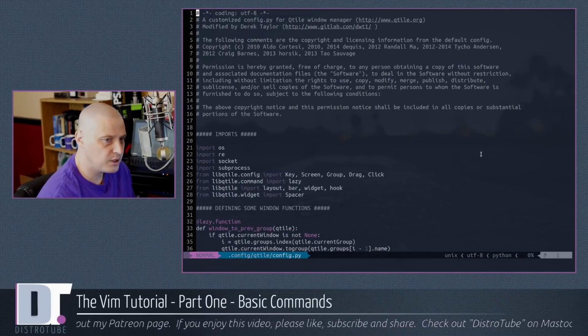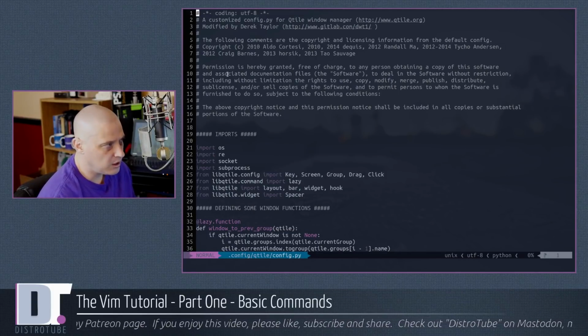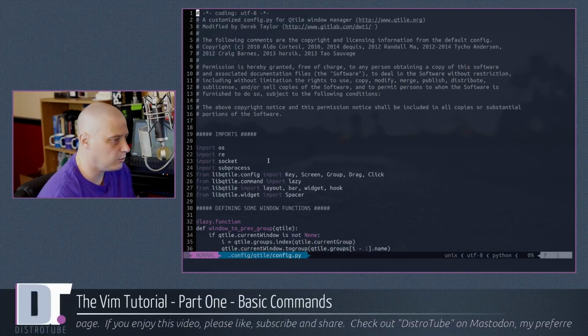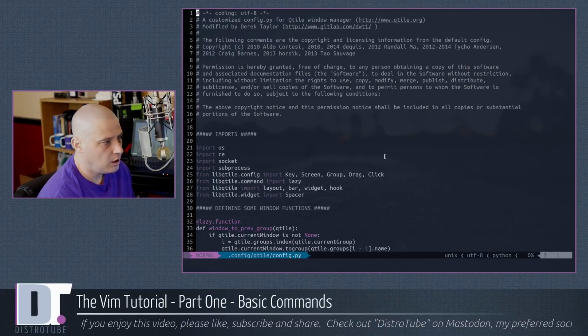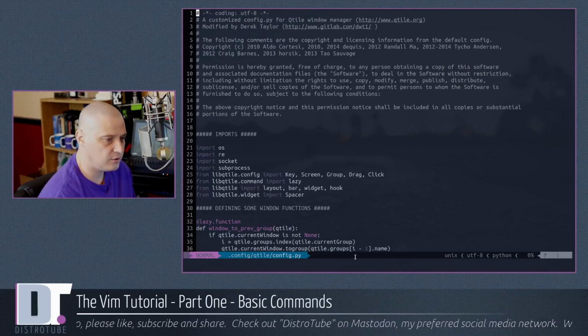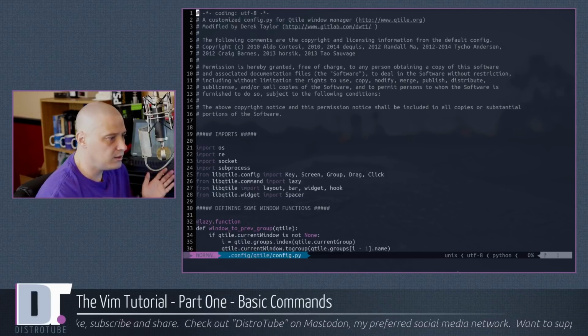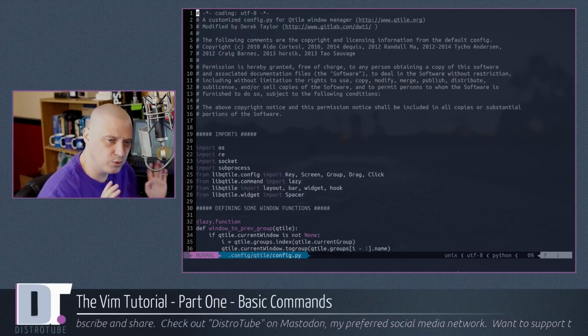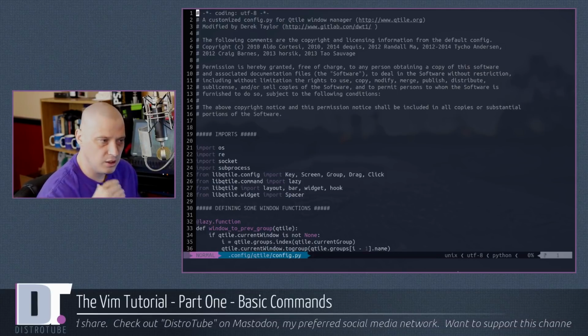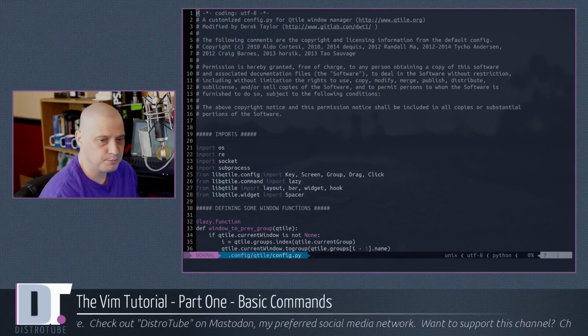Now my Vim is going to look a little differently than your Vim. By default, Vim does not have the line numbers on the side here. It's very easy to add that. You edit your vimrc file to add the line numbers. I'm going to go over that in a later video. Also, you're not going to have the powerline status bar at the bottom like I do. You will have some status stuff at the bottom, but it will not be in this fancy powerline layout the way I have it. But that is just superfluous stuff. It really doesn't matter. For purposes of this tutorial, everything I discuss, all the commands, are going to work in your Vim the same as my Vim.